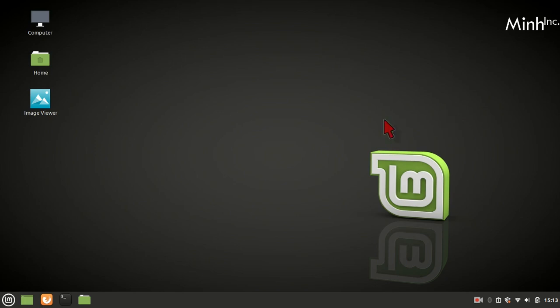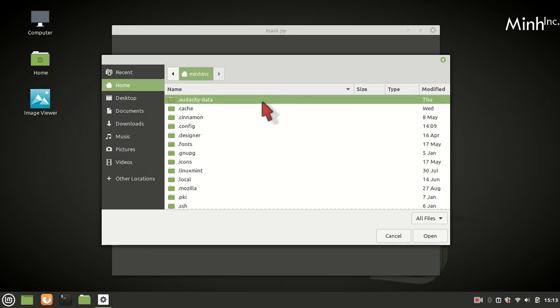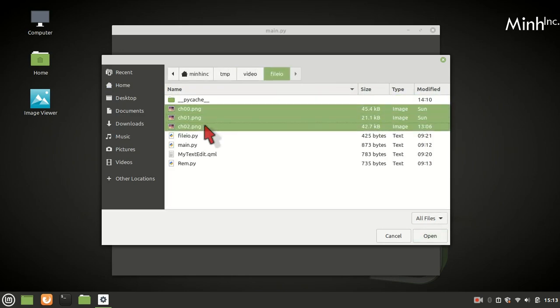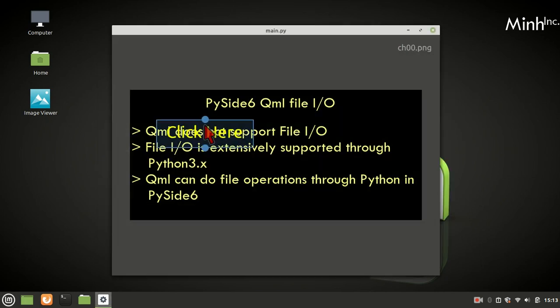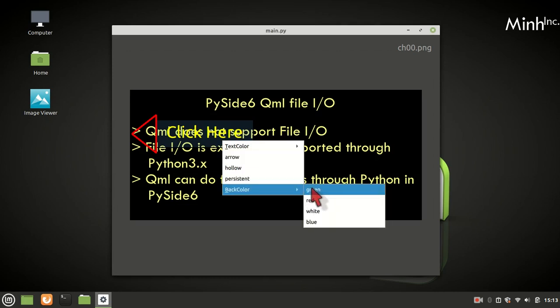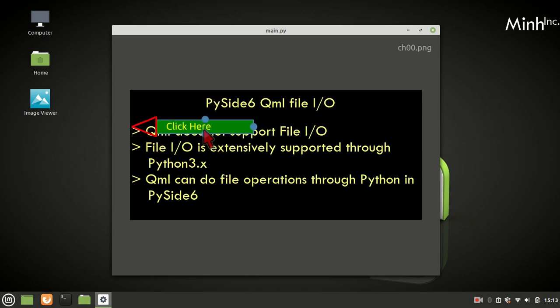This is Linux Mint. Okay, so we'll go line by line.